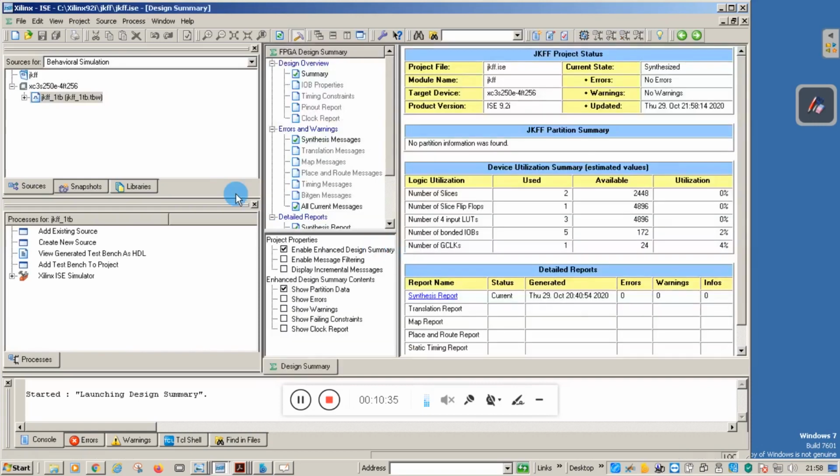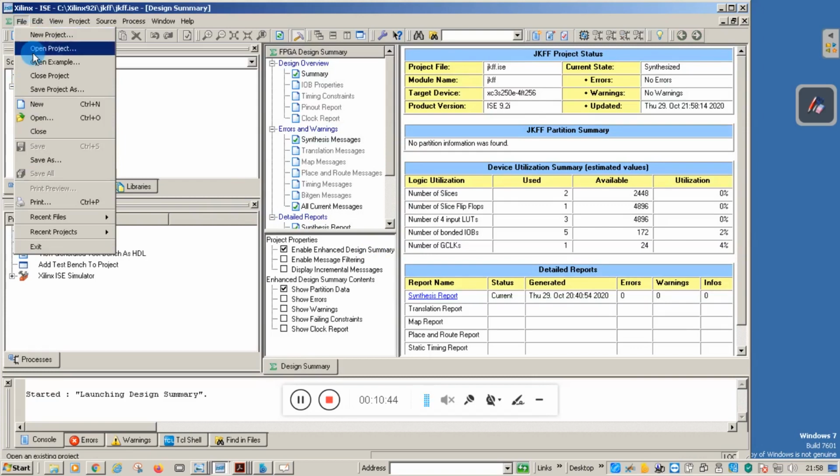If any project is open, close the project. For the time being, the open project is the JK flip-flop only. Let me close the project by clicking on the File option and Close Project.